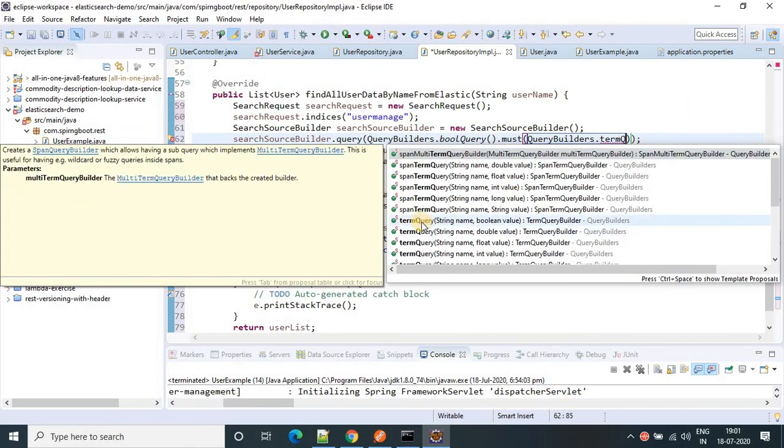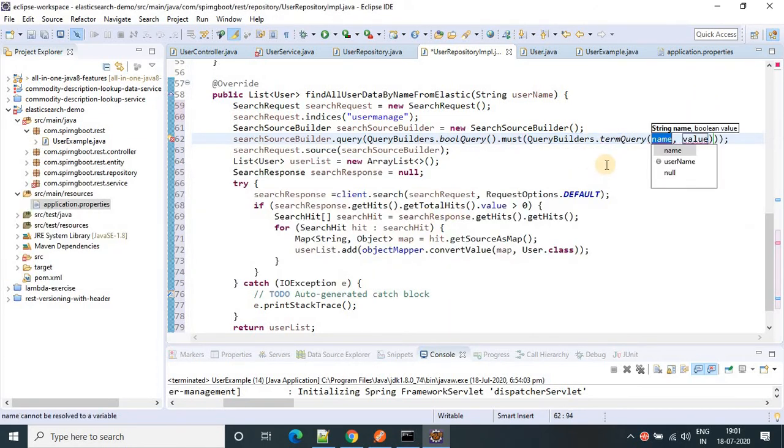So term query is case sensitive. Let's suppose I am searching Kolkata, and Kolkata is stored in Elasticsearch in small letters and I am trying to search in capital letters, then it will not work, because it's case sensitive. I will let you know one more query which is case insensitive. So first we'll do the term query here.